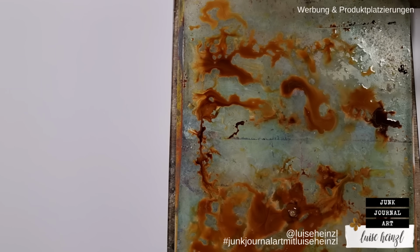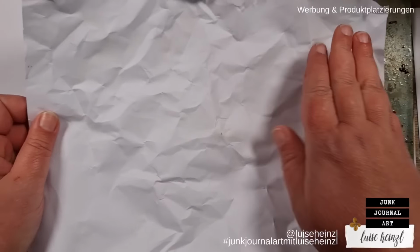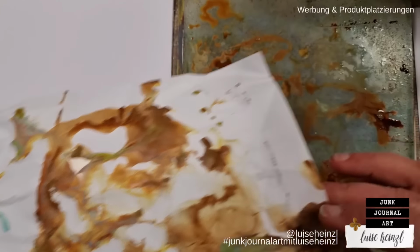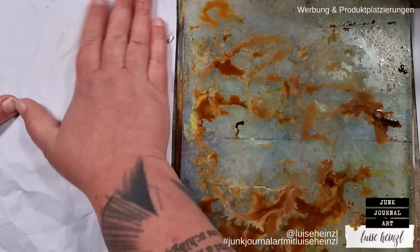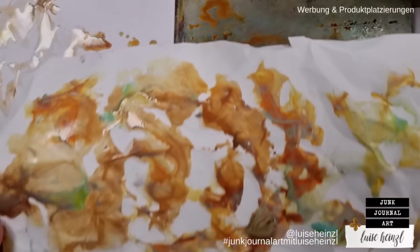So I'm trying to reuse my things as well, so that I can make multiple things out of it that look totally different in the end. I'm really happy with those jelly prints here. I'm really in love with those effects, and I'm also trying to put some of the ink